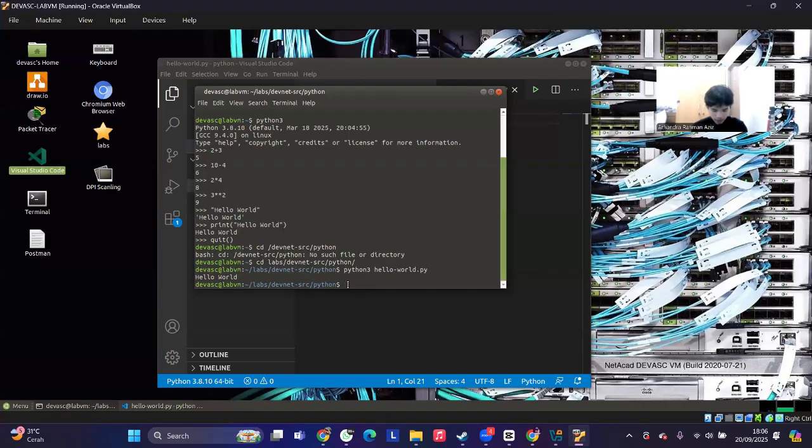Okay, so next I will review the data types and variables. The first step is to use the interactive interpreter to review the basic data types. There is integer, used to specify whole numbers, such as 1, 2, 3, and so on.